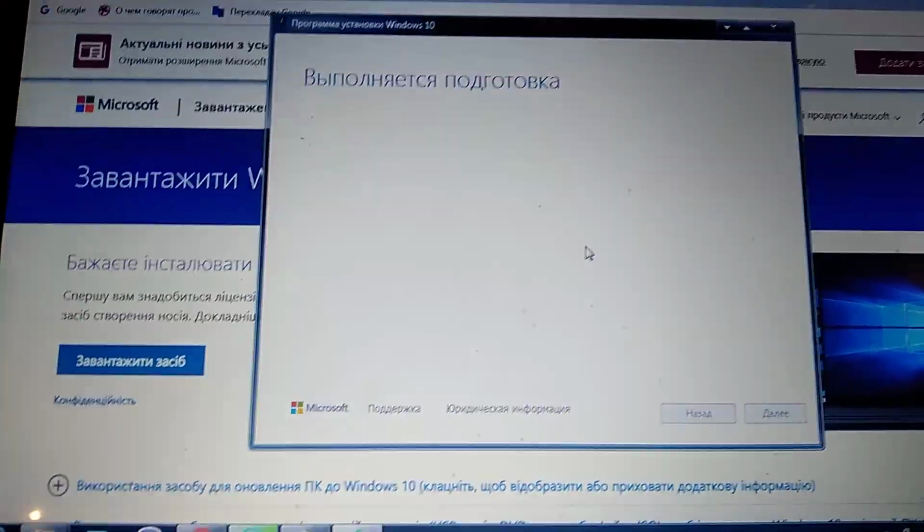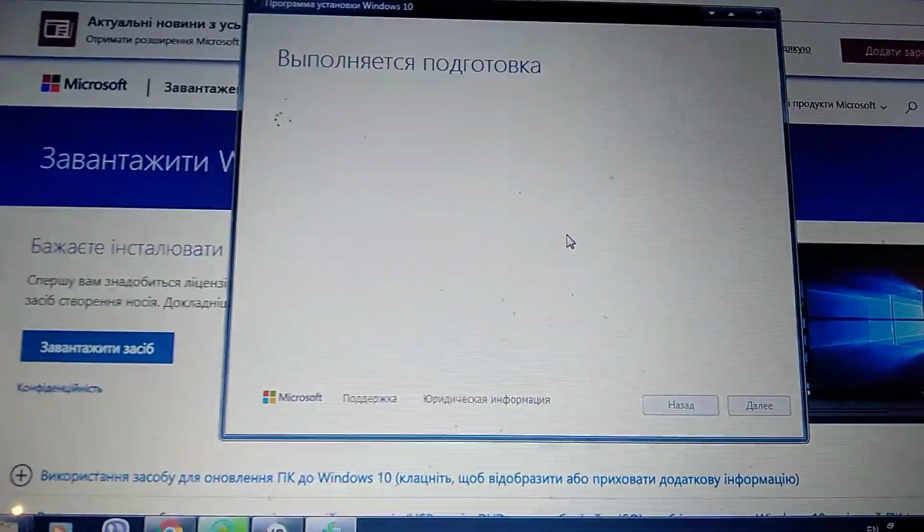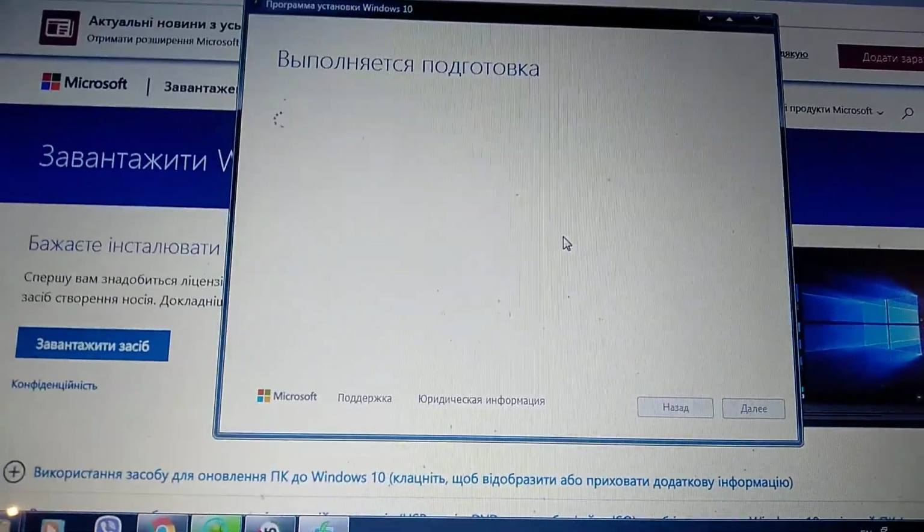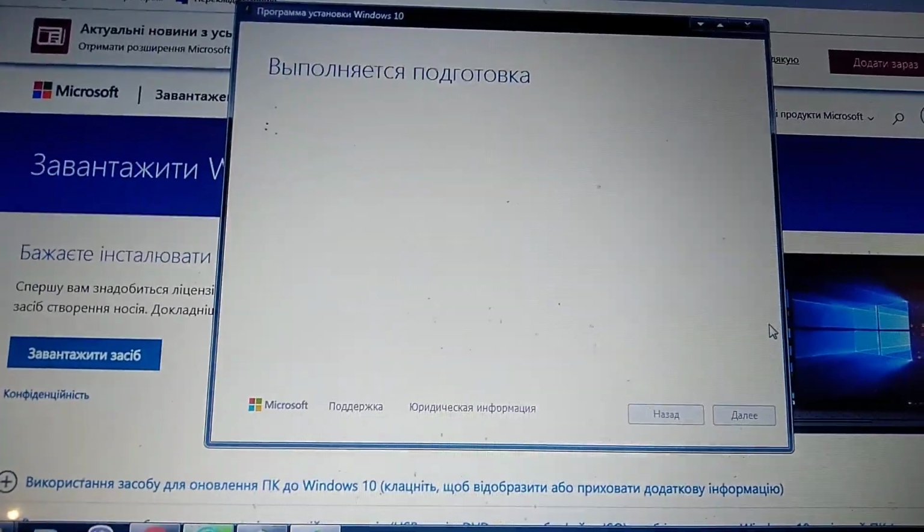You just follow all the steps. First you download a version and then install it to your computer, update your Windows 7 to Windows 10. So just follow all the steps you need now